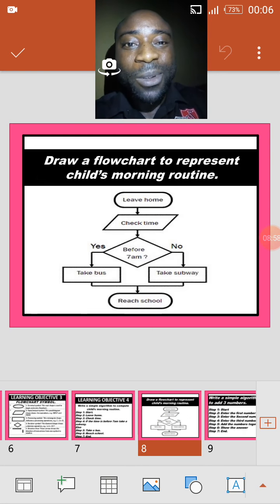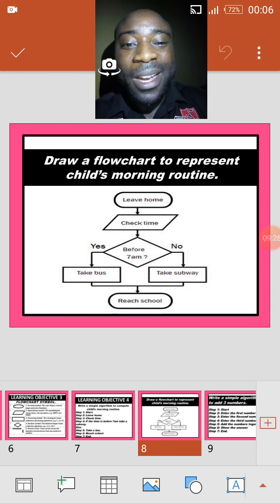Now this is the flowchart for that particular algorithm. That is, leave home, check time, before 7 a.m., yes or no, take a bus or take a subway and reach school. If we look at this diagram here, you will see that the terminal symbol is used in the